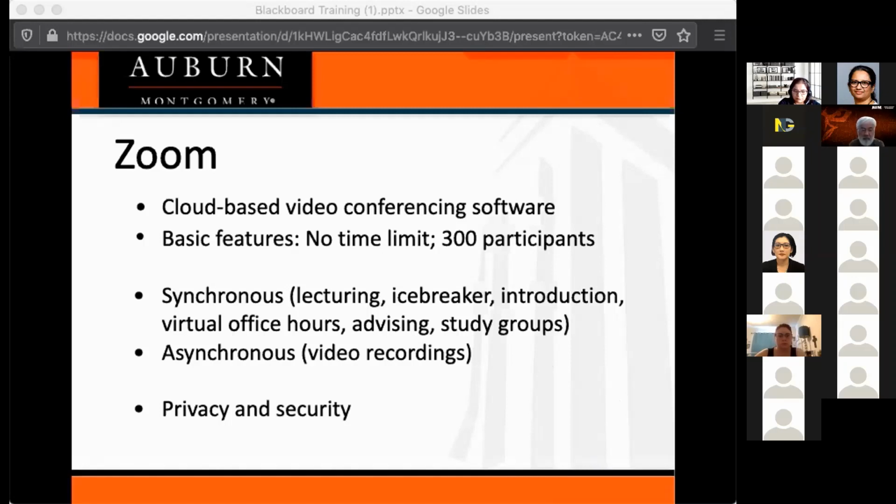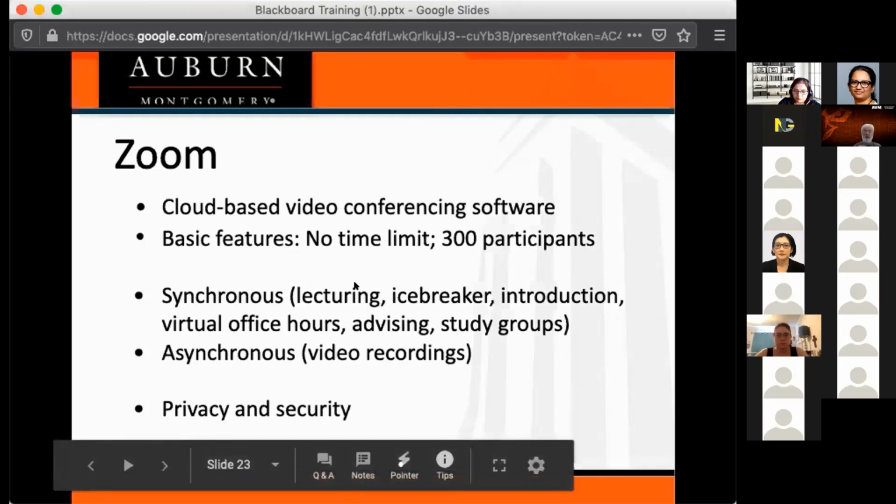You can host virtual office hours, have advising sessions, and also encourage your students to collaborate outside of class. In that way,